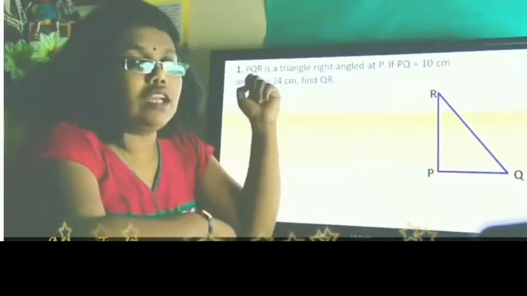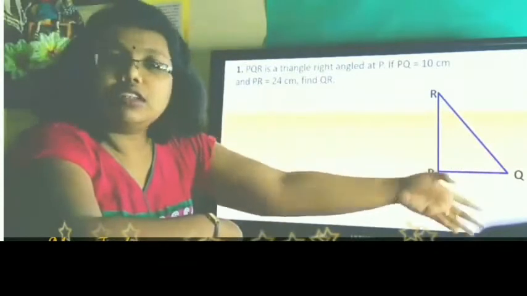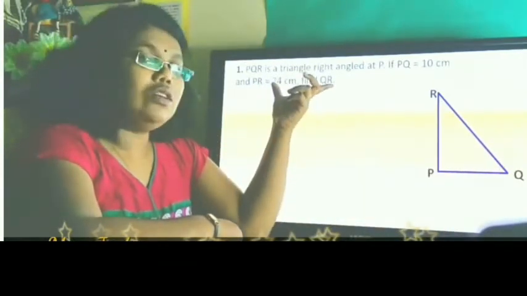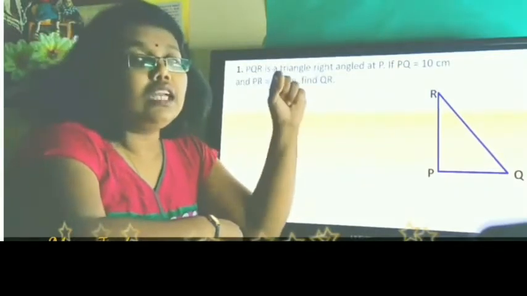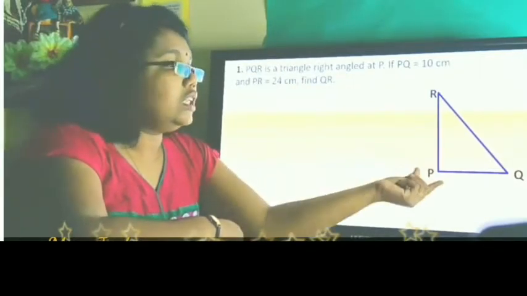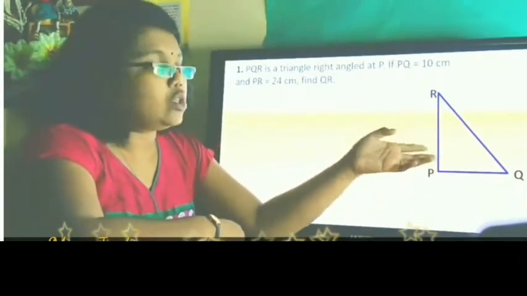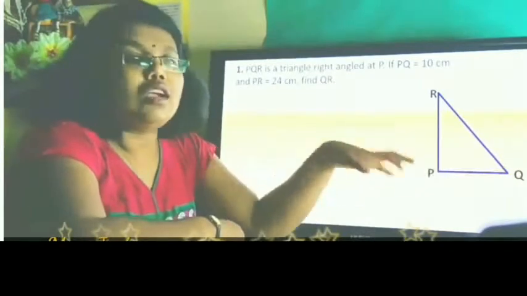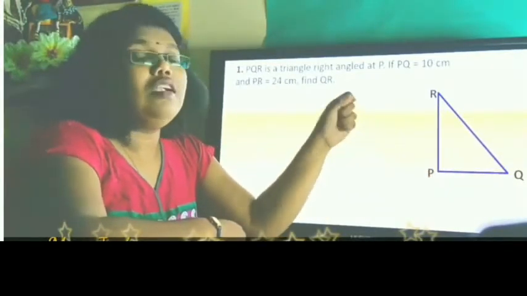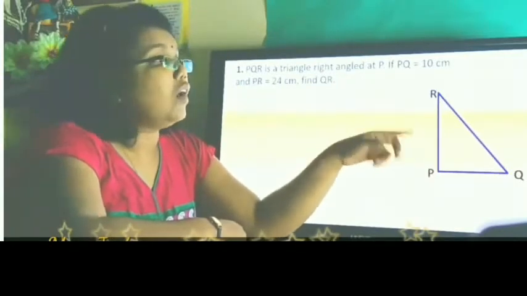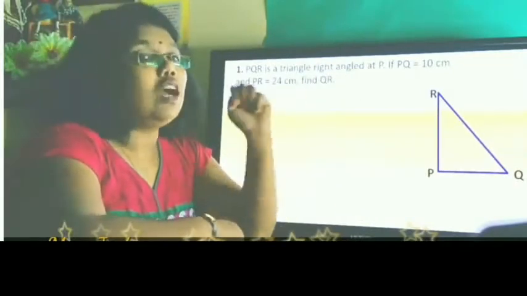Now here this is the triangle. Now we have to name the triangle. Generally what we do is write PQR, finished. That's not the way to write it. We have to study the question properly. Here they are telling the right angle is at P. The right angle forming vertex is P. So P has to be here. The rest of the two sides you can put anywhere. You can have Q there, you can have R there. Doesn't really matter. But P has to have the right angle. That defines which one is the hypotenuse. The hypotenuse is going to be RQ or QR. So we need to find the hypotenuse here.